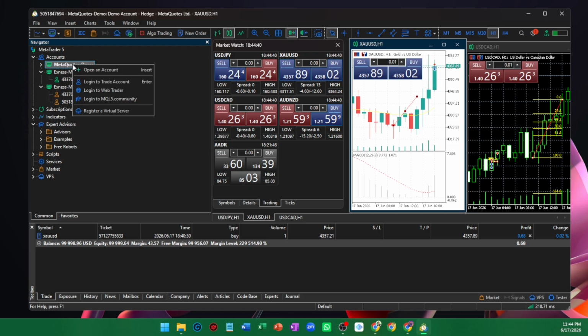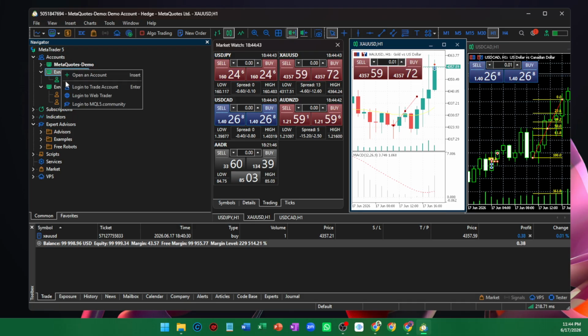If the logout is successful, the account will no longer appear as actively connected, and you may notice the platform stop receiving live account data for that profile. That's all there is to it. Open MetaTrader 5, make sure the Navigator panel is visible, expand the Accounts section, right-click your account number, and choose